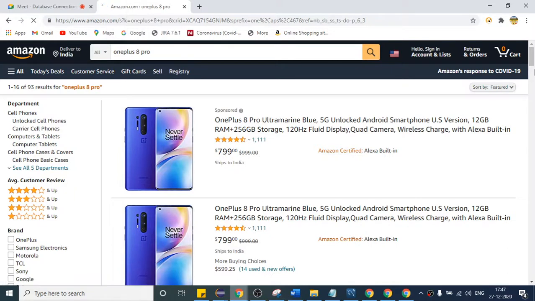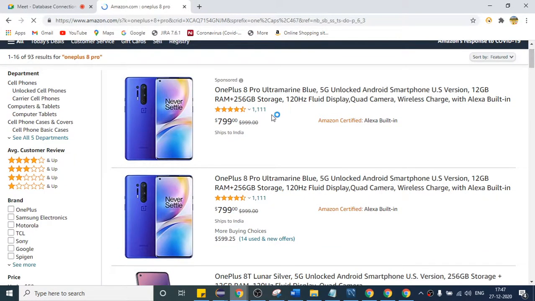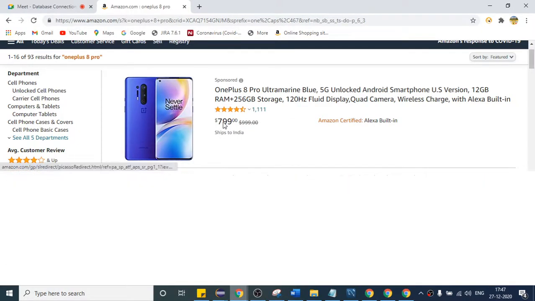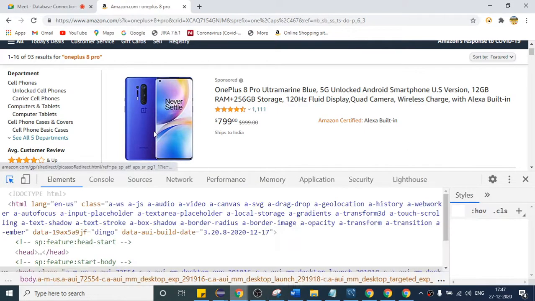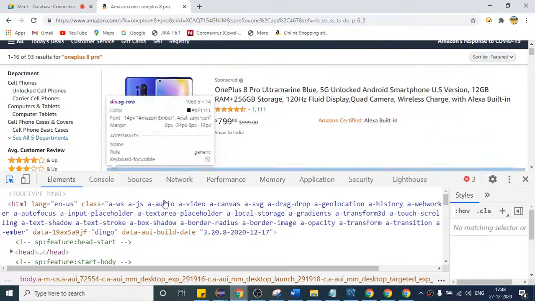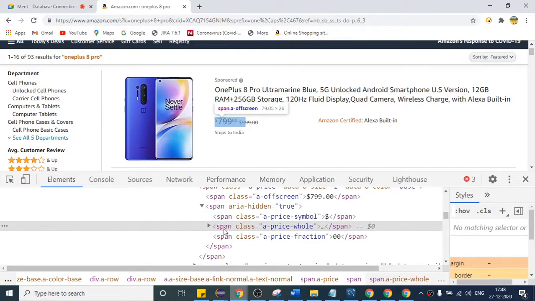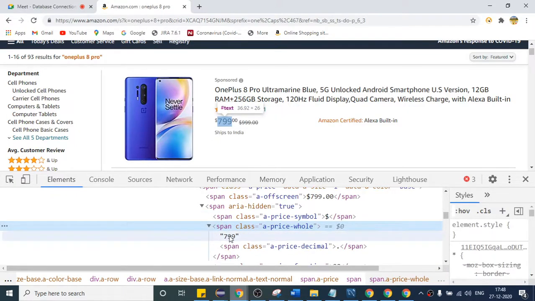Suppose it is 777. When I try to capture that, it's showing as a reference link. This one, 799. So 799 is present here. So if you write the XPath, get this text only.